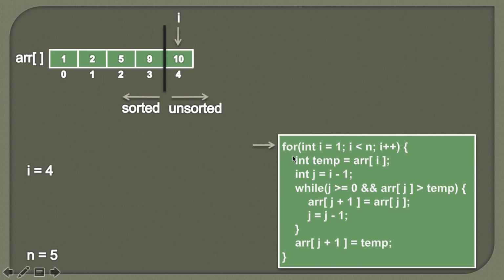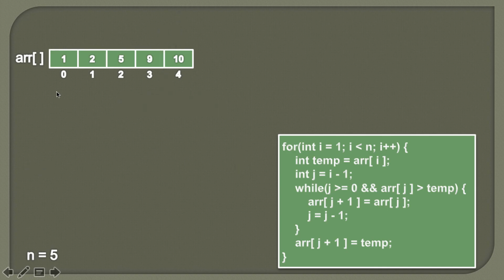So friends, here you can see that now 10 will also be part of the sorted array, and as there are no more elements left to be compared, because when we increment i by 1, i becomes 5, and as 5 is not less than 5, therefore the condition in the for loop comes out to be false, and this for loop exits. So friends, here you can see we have sorted this array into ascending order, stored in the form 1, 2, 5, 9, 10.